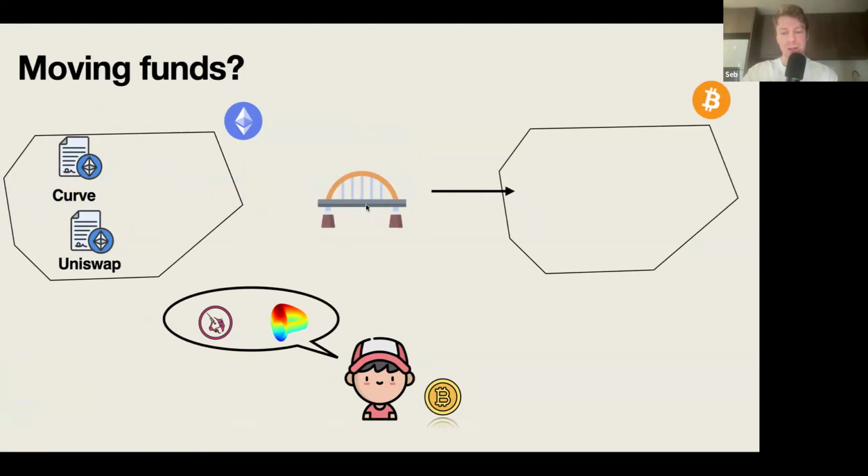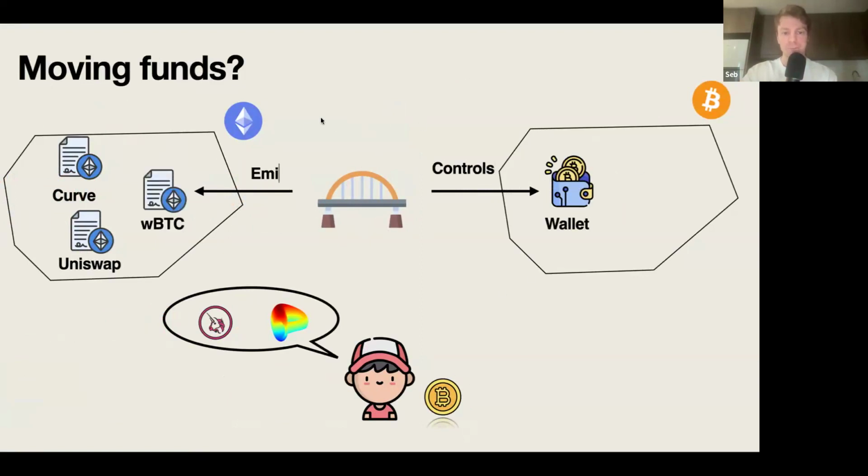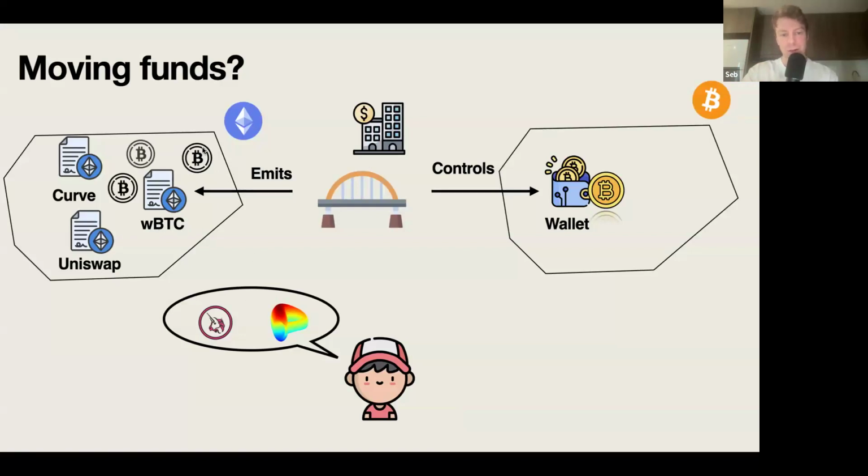A bridge controls a wallet where Tom can send his Bitcoin, and it also controls a contract on the Ethereum side. So anytime a Bitcoin is sent, there is going to be a Bitcoin copy on the Ethereum network. And similarly, if we destroy,